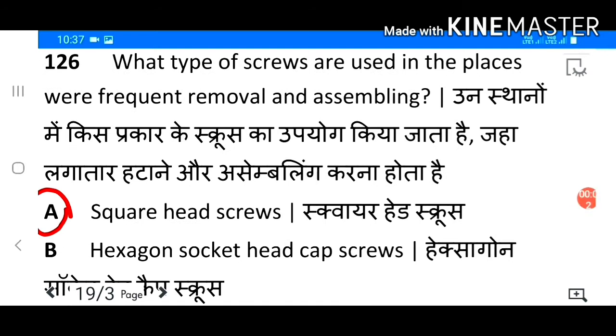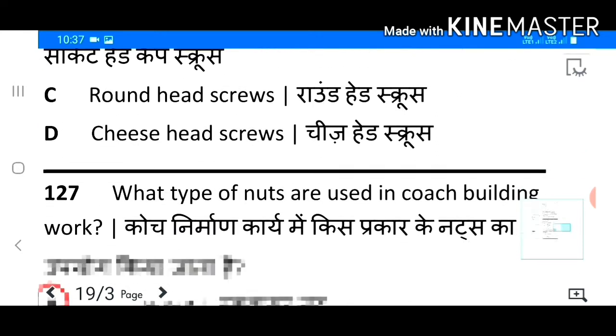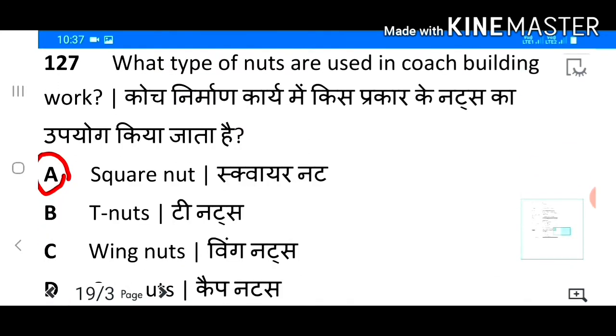126. What type of screws are used in the places where frequent removal and assembling? Answer A. Square head screws. 127. What type of nuts are used in coach building work?